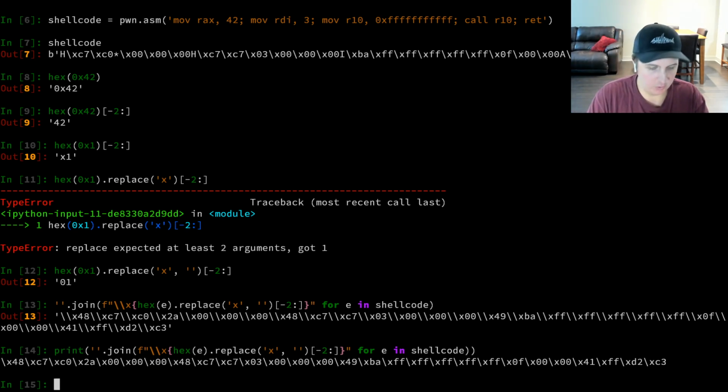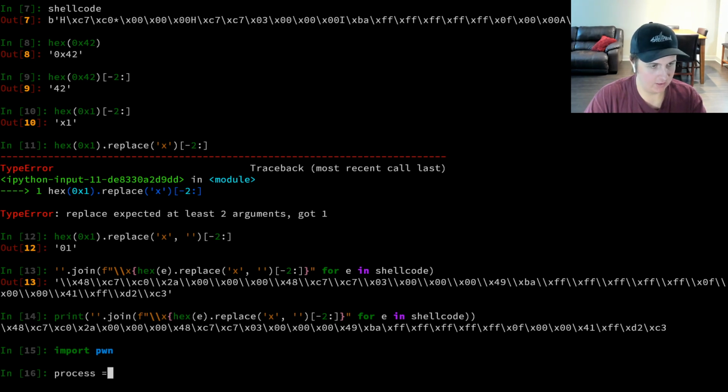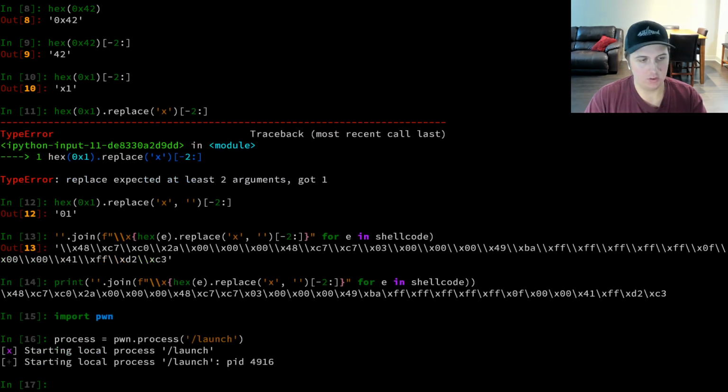And something I was going to point out is if you maybe want to be crazy and use pwntools to solve these levels beyond just generating your shellcode, but to actually scriptably solve these levels, something you can do is say process equals pwn.process on launch. Why not? It's just a process. This will start up the process. If we read, let's say, 4096 bytes and print decode Latin in case anything's crazy,